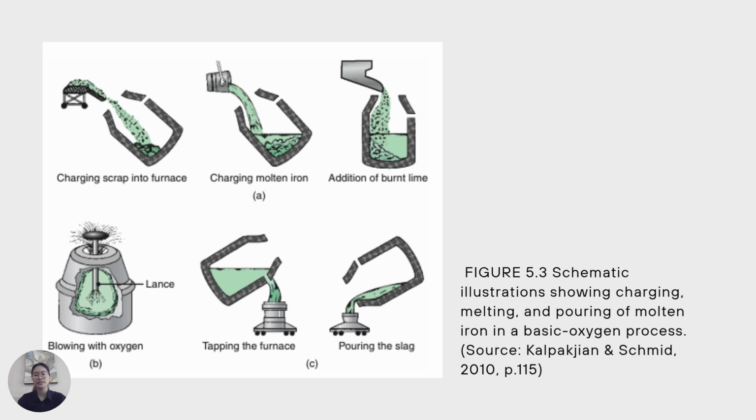After refining, the next step, shown in the fifth image, is tapping the furnace. Tilting the vessel to pour the refined molten steel into a ladle for further processing or casting. Finally, the last image shows pouring of the slag, which is skimmed from the top and processed separately after use